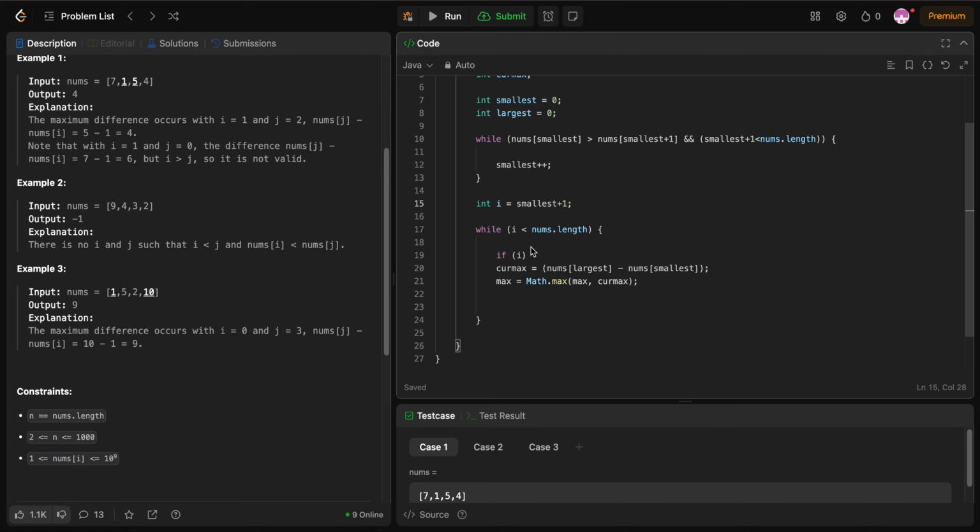And then while i is smaller than nums.length, if nums at i is greater than largest, then largest equals i, and then we'll do these. So then we'll now make our comparison with the new largest. Okay, so if nums at i is greater than largest,